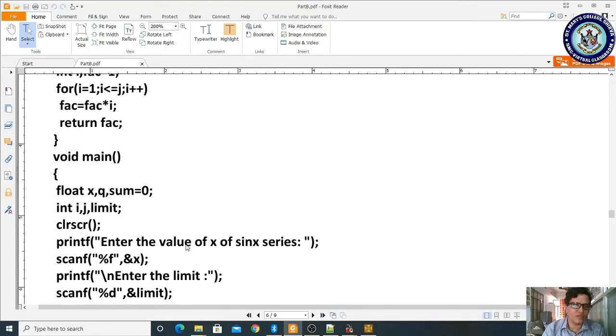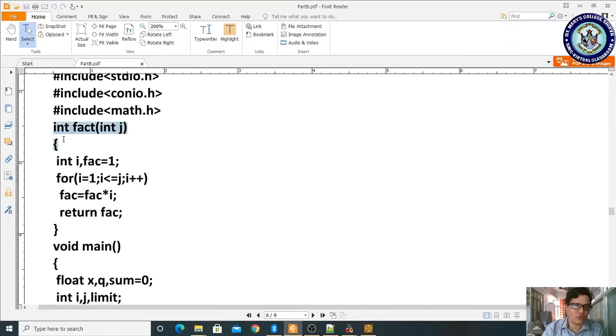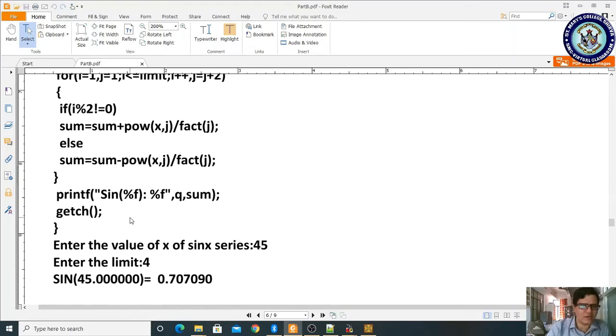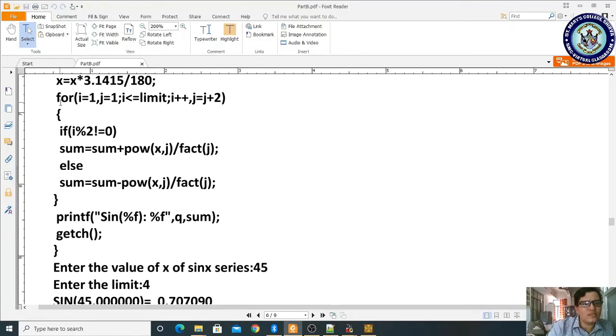Fact of j means we have to do the factorial, so that is why we have written it here. int fact, int j: I am passing the j value of 1, and the fact of 1 is 1. Likewise it will be calculated. Otherwise, if it is not true, it will come to sum is equal to sum minus power of x comma j by fact of j.